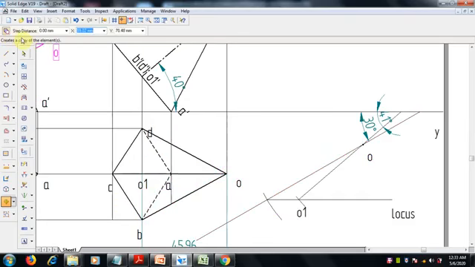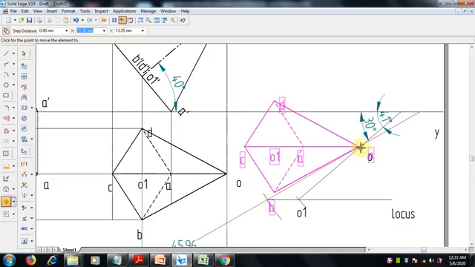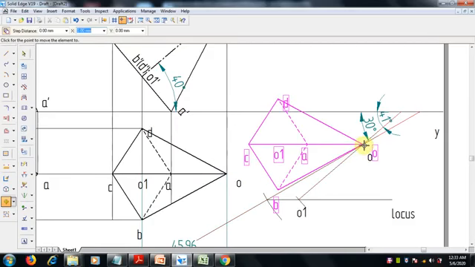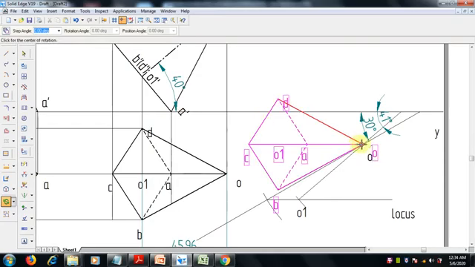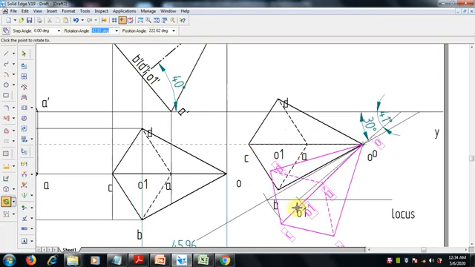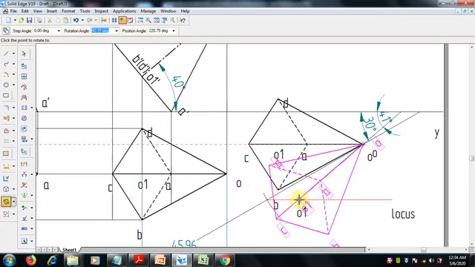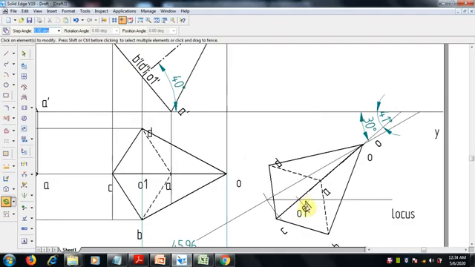Before that, check whether copy is there or not. A copy should be moved, and we can keep it here. Escape. So now a copy is moved, and it is to be rotated. Select the rotate command, select this, and from this to the axis O1, C, wherever you want, because the entire thing is in a straight line, so no problem, you can keep it and rotate it. So this is the point.